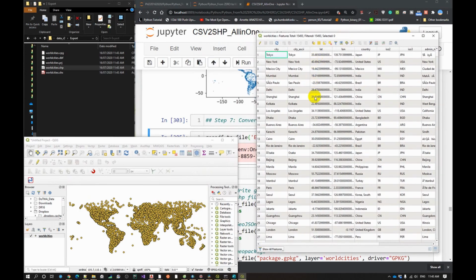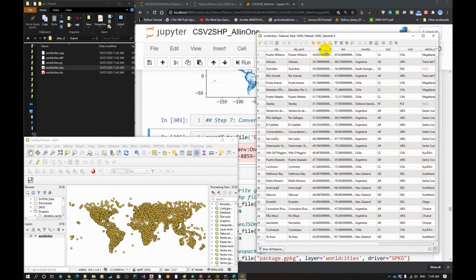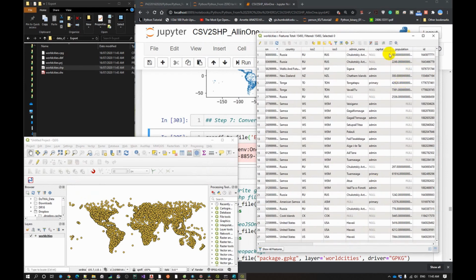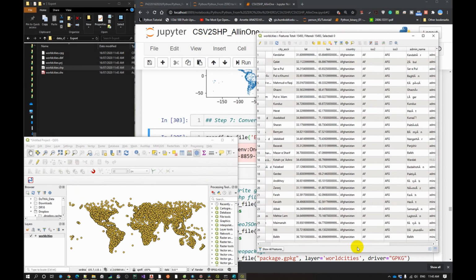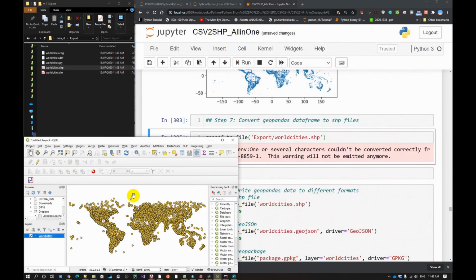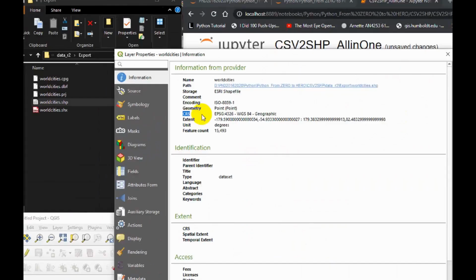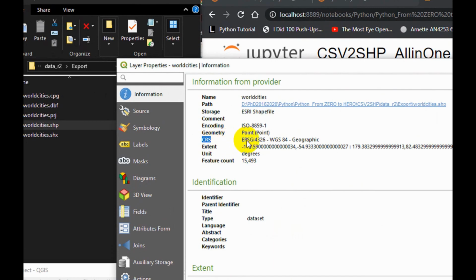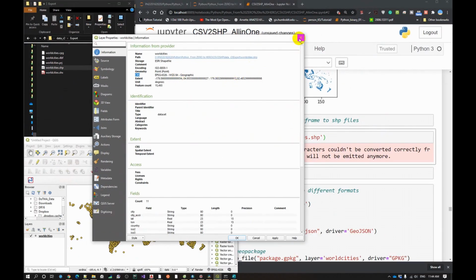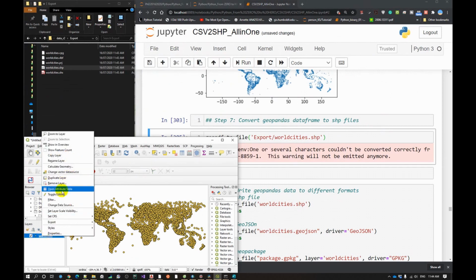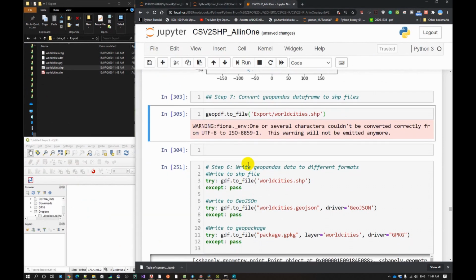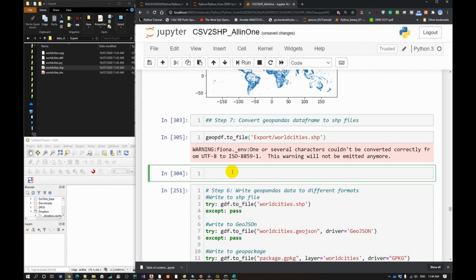And if we open the data frame, we have city, latitude, longitude, and all the information, the ID without geometry. So we can check the coordinate system. In the information here, you can see that the coordinate system, look at here, the coordinate system is EPSG 4326, WGS84 geographic coordinate system. So that is the shapefile it generated. So we finish that, and actually we can create export to some other